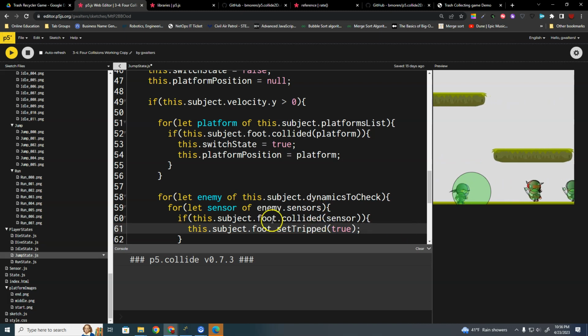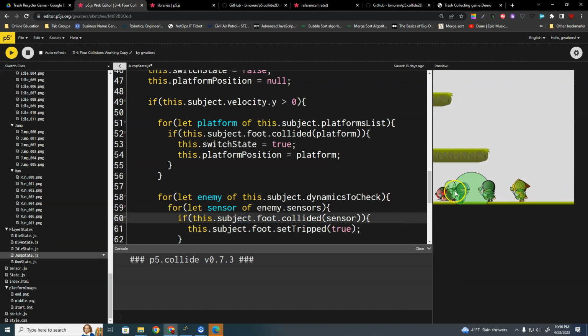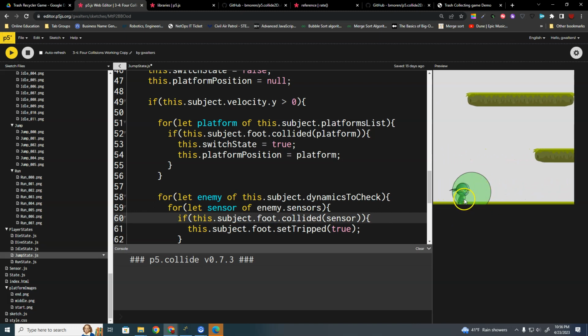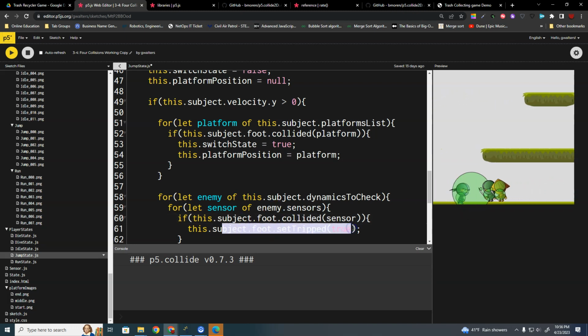Now you could be very specific on this. You can make sure that the foot is the only thing that's colliding, but since the foot is smaller than the body or the head, you'd hit the head or the body first and we would be reacting. What we're wanting is when the foot is colliding with an enemy, then we can add in a double jump. So we are using this to trigger that the foot has been tripped, that sensor, which then means that we can come back up to